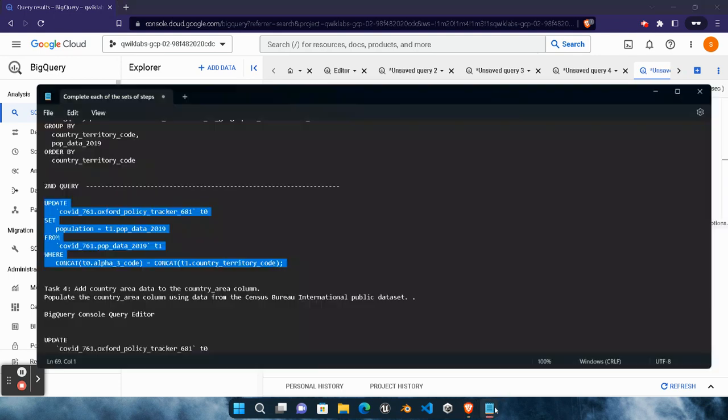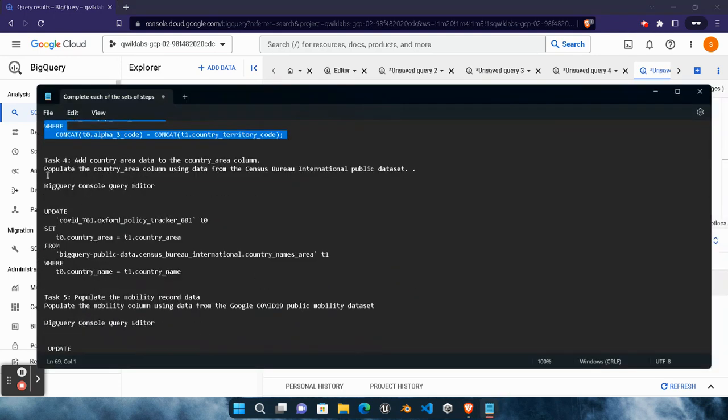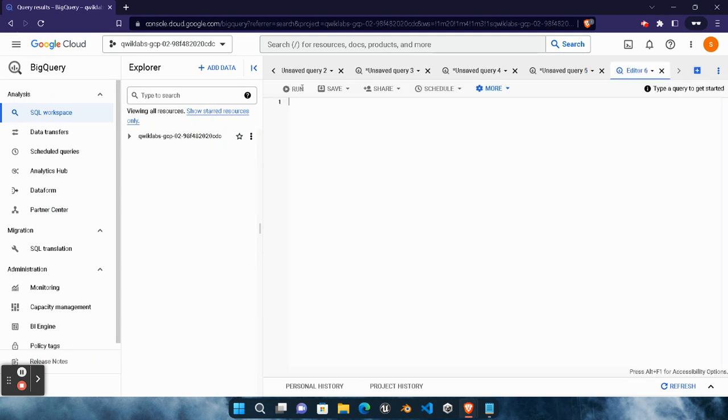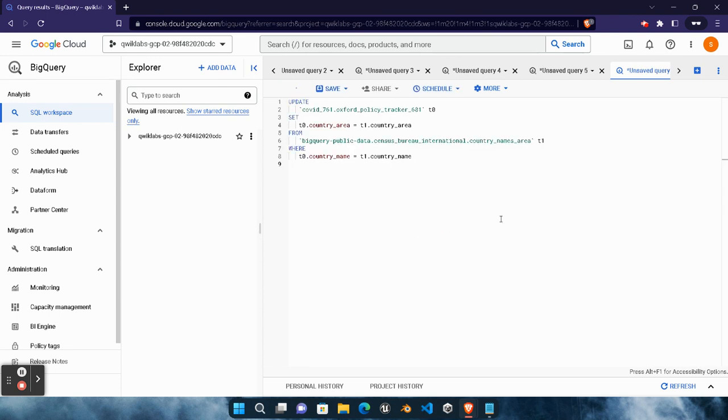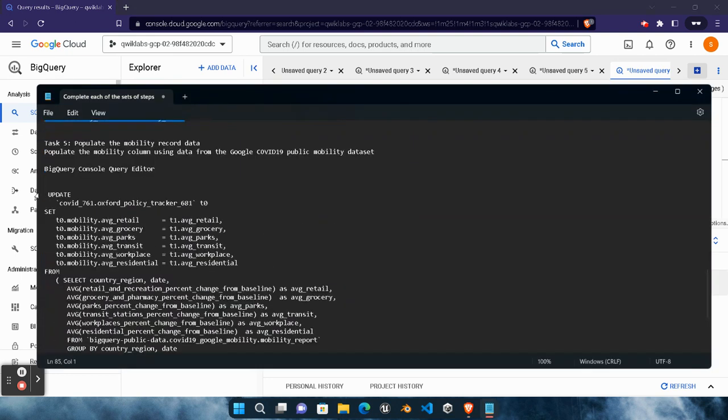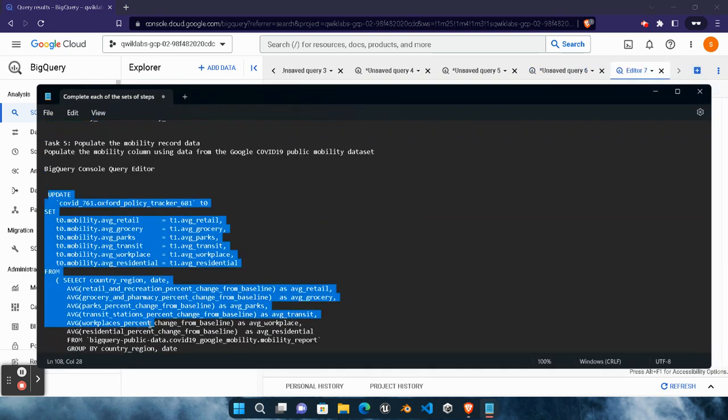Come back to here, scroll down, copy the task fourth query and that is from populate BigQuery console query editor. ओके, फ्रॉम अपडेट टू नेम, आपको ये फोर्थ टास्क में अपडेट से नेम तक कॉपी करना है। Click on the plus icon for creating a new query, paste it here, click on the run button, wait for this query to be run. Till then click on the plus icon to compose the new query, come back to the notepad, scroll down, copy this first code from the update to the last one